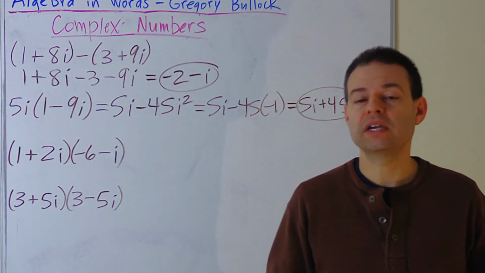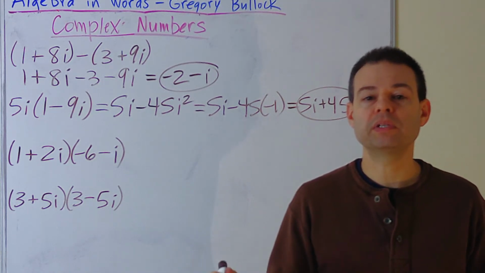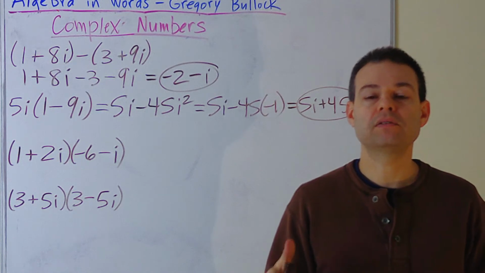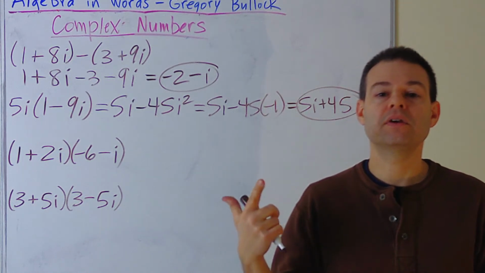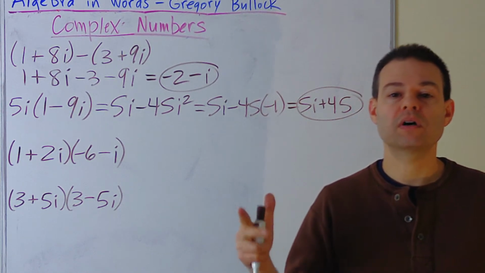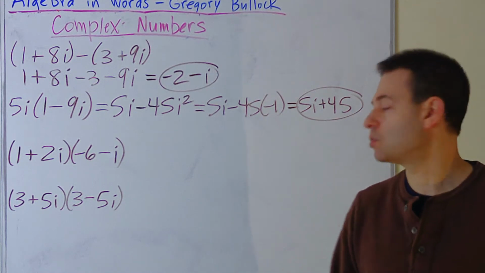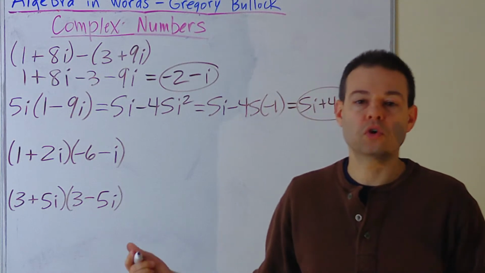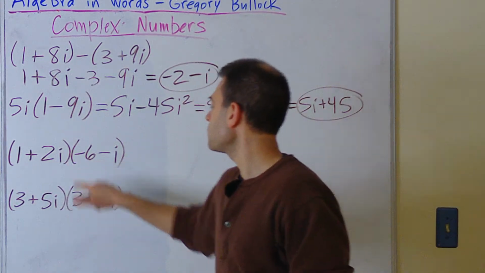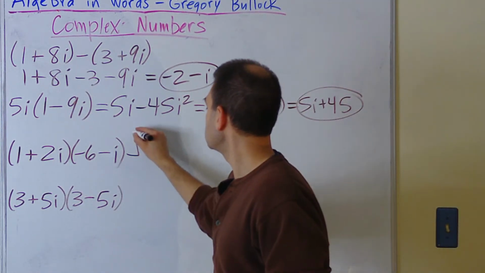Now we're going to FOIL it like normal, but again, we need to keep alert at the end where we may need to combine like terms and convert any squared powers of I into negative 1. So we'll do that when we get to it. But first, let's just do normal FOILing. Product of the first is